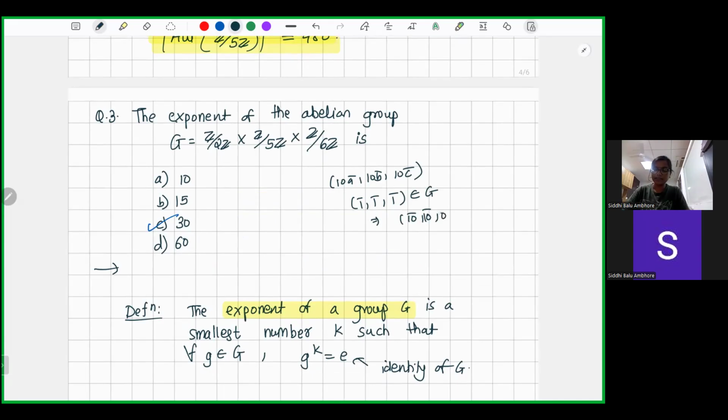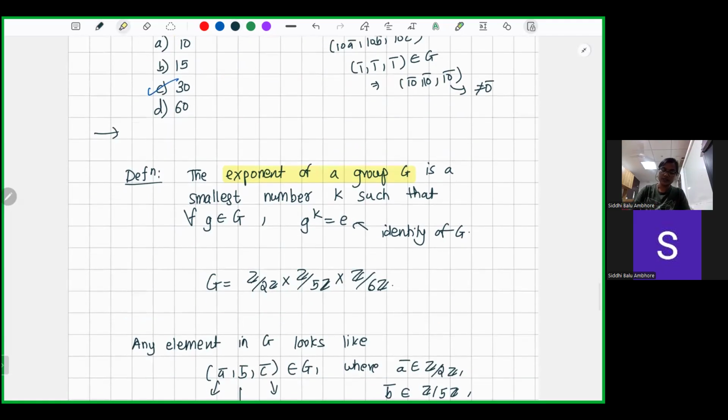So 10 bar is definitely 0 in the first two coordinates, but the third coordinate is not 0 bar. Similarly for 15 bar, if I take 1 bar, Z6, in Z6 it won't be 0. The third coordinate still will create a problem. And 60 bar here definitely would work, but in the definition of exponent, we choose the exponent of a group